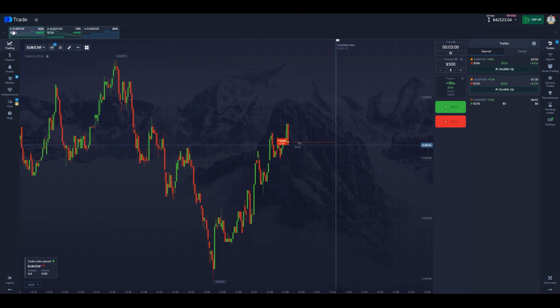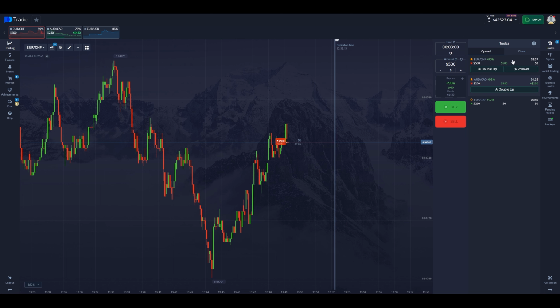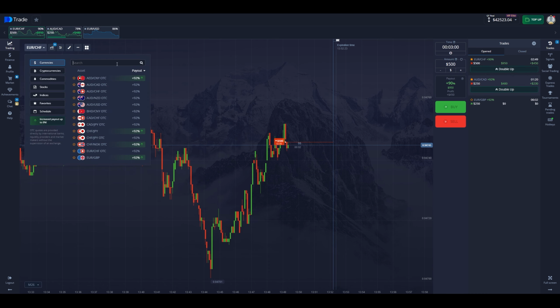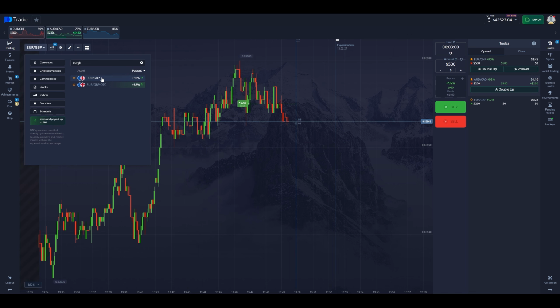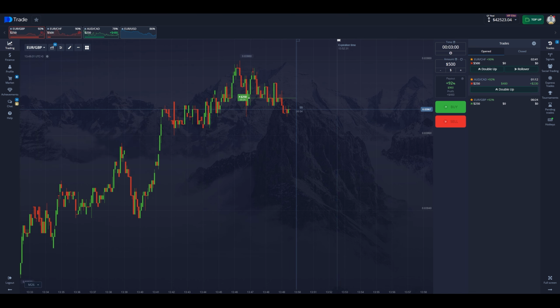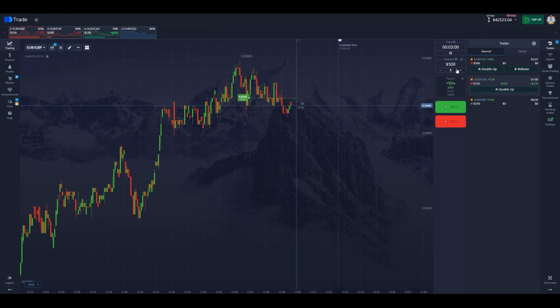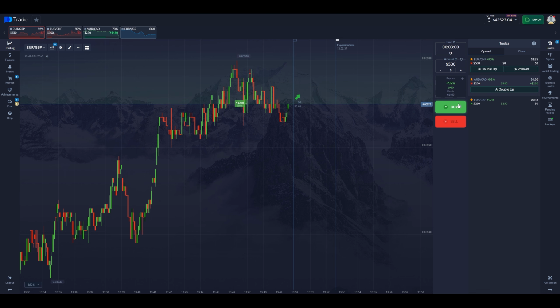Now let's figure out how to start earning on binary options without getting off the couch. The first step is to choose a reliable broker. I recommend that you use the broker Pocket Option. After you have chosen a broker and registered on the platform, I suggest that you trade a little with a very small deposit. This will allow you to test your strategies and get familiar with the platform without risking large amounts. Once you get the hang of it, you can start trading for real.